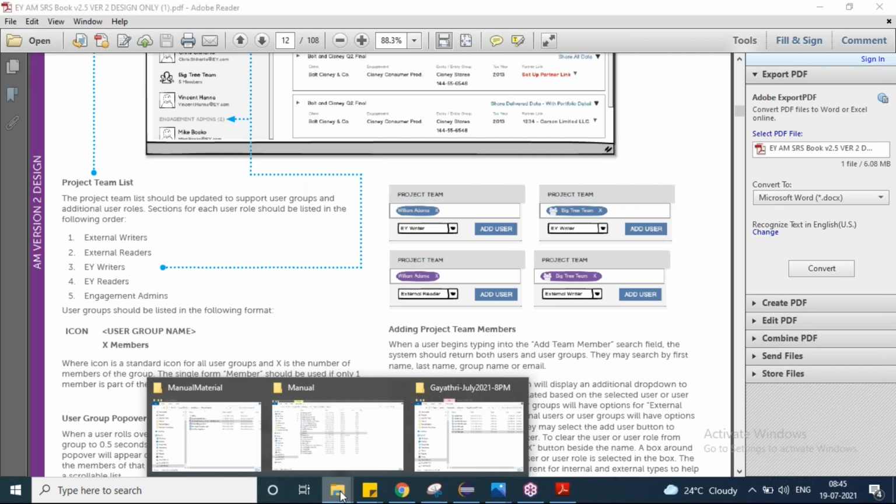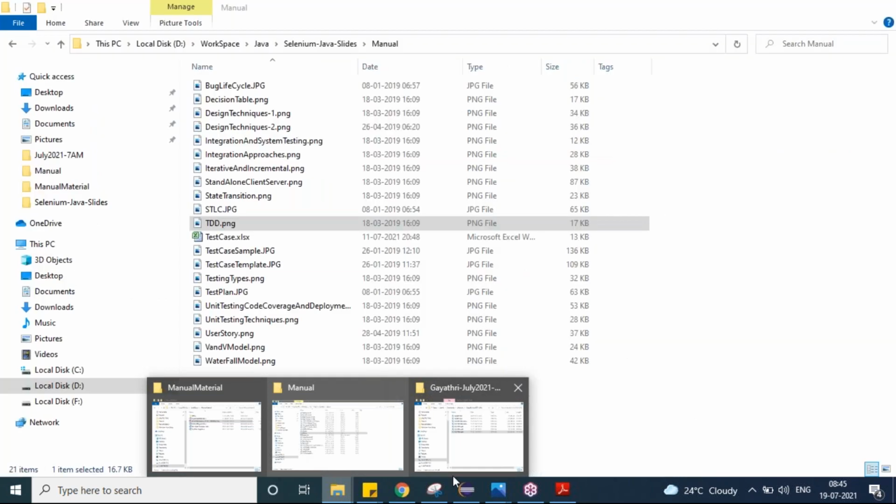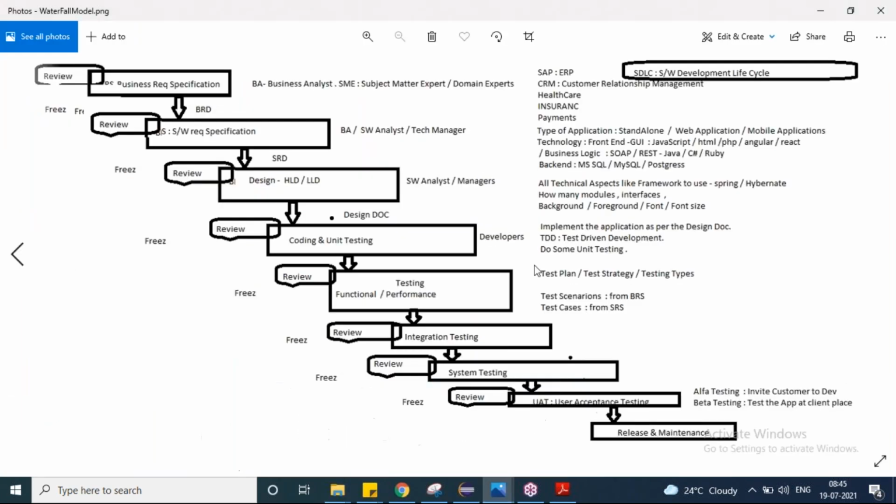Okay, you need not go with any assumptions. Don't go with assumptions. I'll give you only live things and what has already happened, and you can go with the concrete information. Concrete information means this is what we did. You can confidently explain that in the interview. Otherwise, if you go with some kind of theoretical knowledge, they may mislead you. Why not like this? Why are you writing like this? Why not like this? Can't you go in this way? Of course you may go, but in my organization we did it like this. That's how we can confidently answer it.